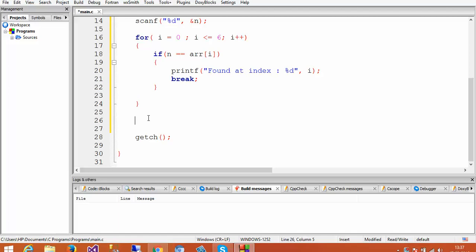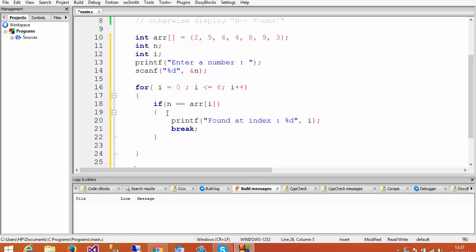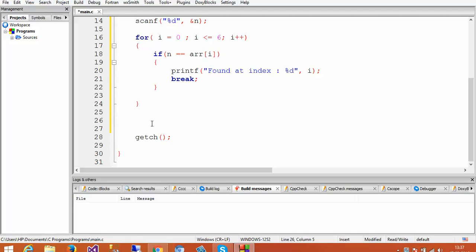So the condition that we need to check is I equals 7. So if I's value is 7, we would know that we have actually compared the number entered by the user with all the elements of the array and that we have not found the element in the array, right? So if this condition is met, we are sure that we have not found the element in the array.